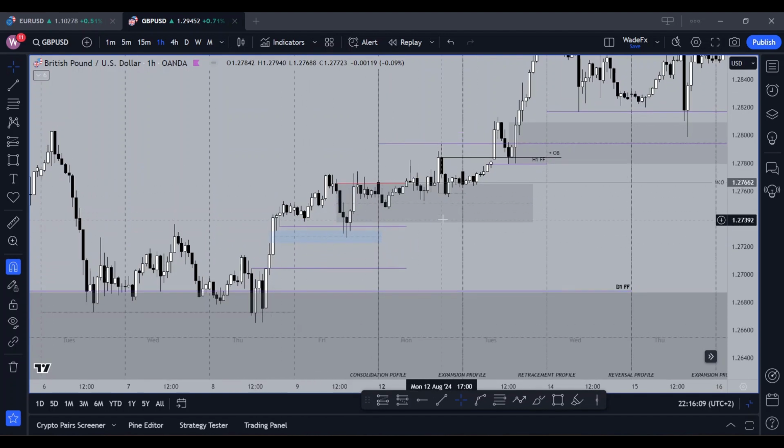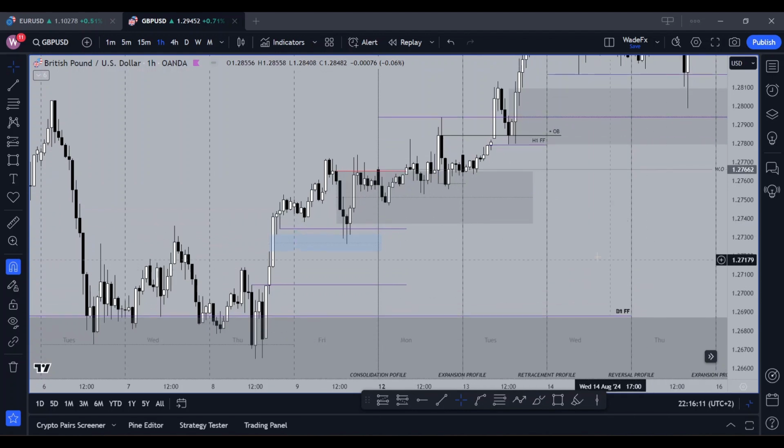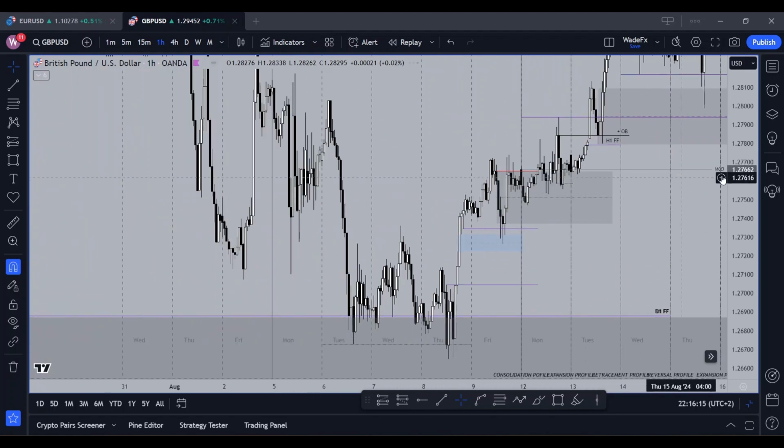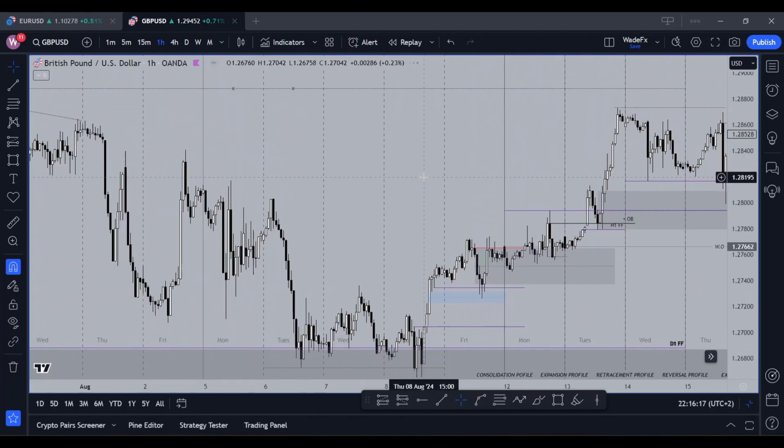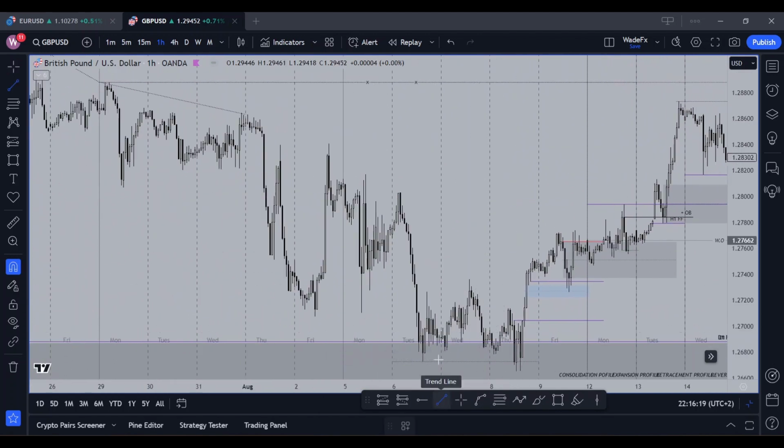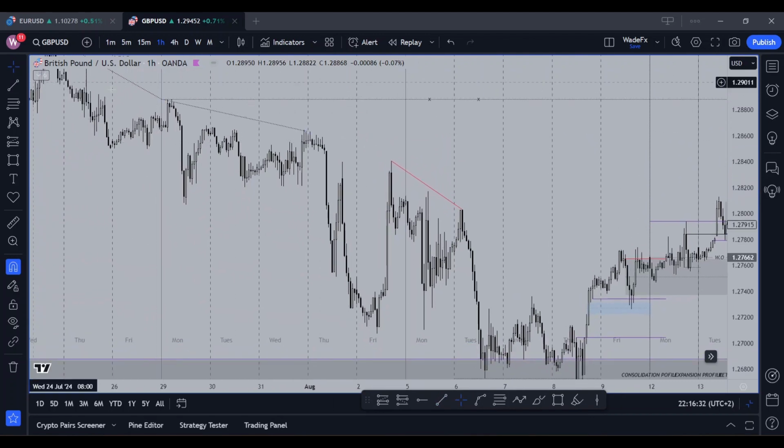All I wanted to see on Monday is a change in the state of delivery in order to buy, expecting the price to go higher. As you can see, we had a lot of low resistance liquidity run in the form of a failure swing. So we had these 1, 2, 3 highs, and we also have literally equal highs right here. And there were equal highs sitting at this price point that could potentially be used as a draw on